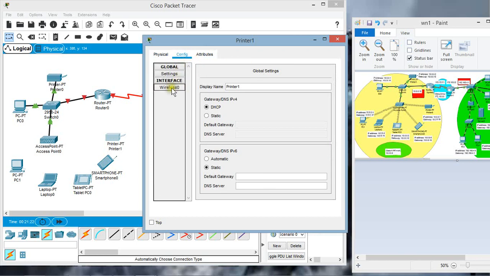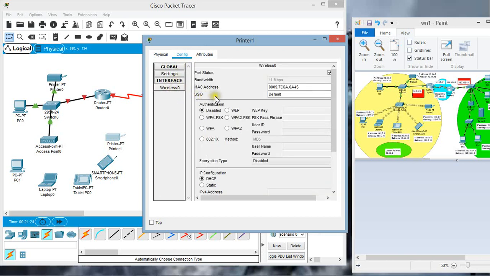It is on now, and I'll again check with the configuration tab. I can see now the wireless 0 interface. Now I can configure this wireless 0 interface for the SSID as SK, which is the SSID of the access point to which the printer is connected, and the WEP key should be the same as that set on the access point, because these devices will require to authenticate using the same WEP key.